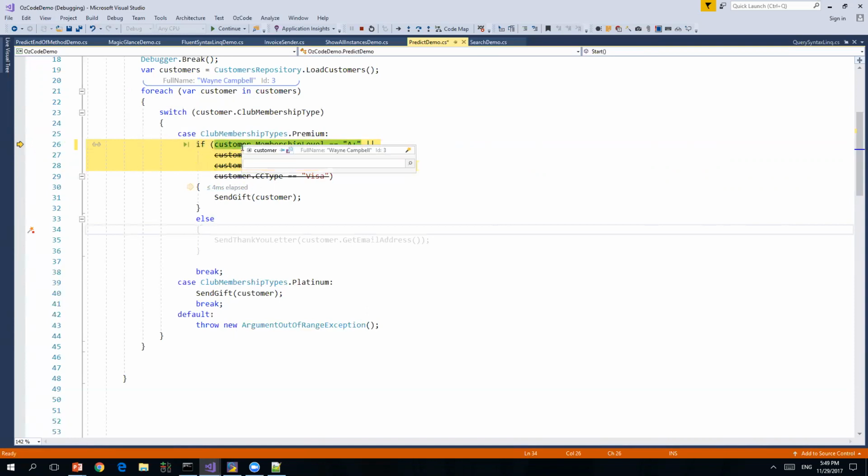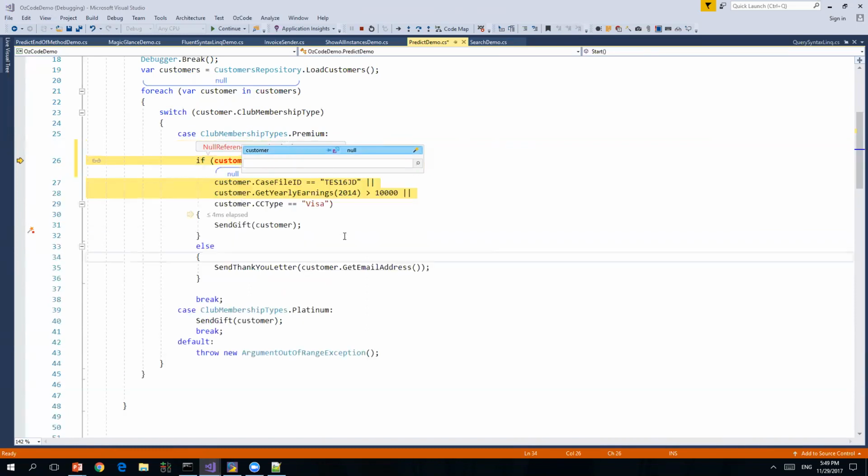The other thing I can do is change the values of variables, right? So I can go in here, change the value of customer to null, hit enter. And that's something that's really powerful to do because I can experiment with how this code would behave on different